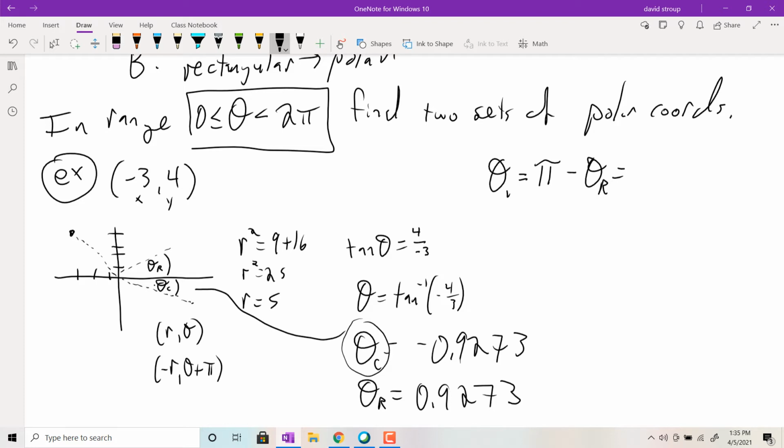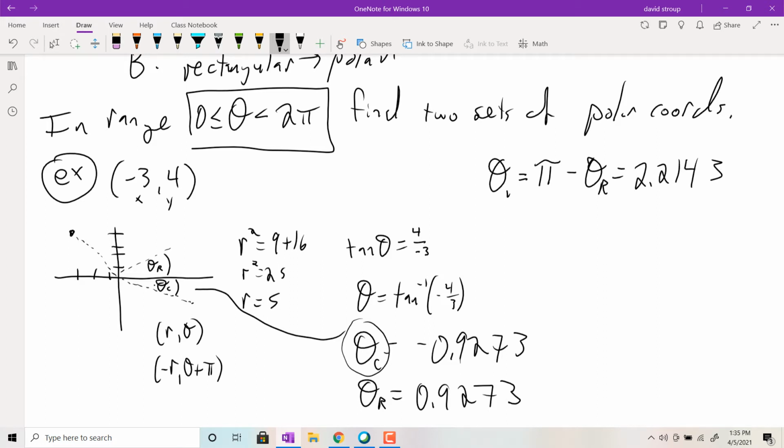So pi minus my answer, I'm getting 4.0 something, which seems wrong. Oh, I gotta add it. It's stored in a funny way. Sorry, 1 second. So pi minus 0.9273. So we got 2.2143 rounded